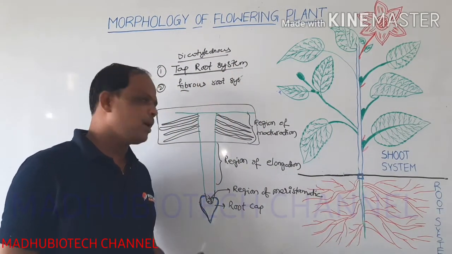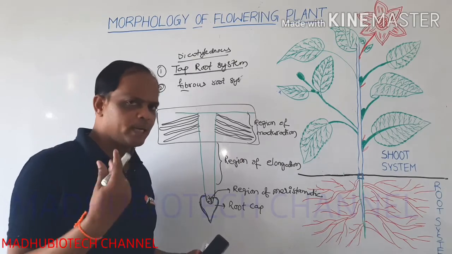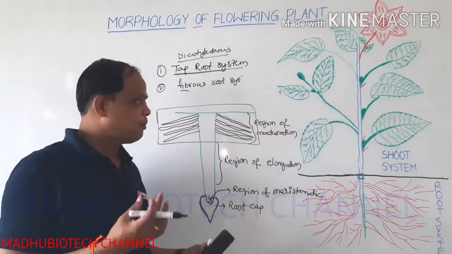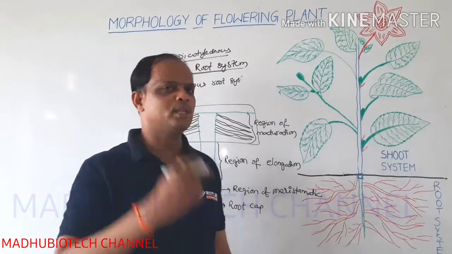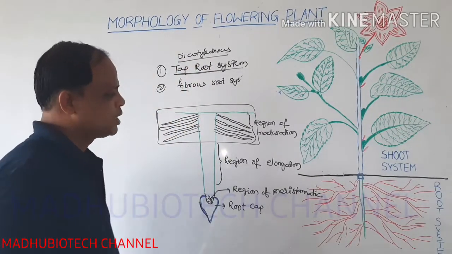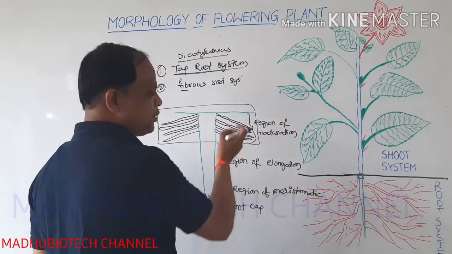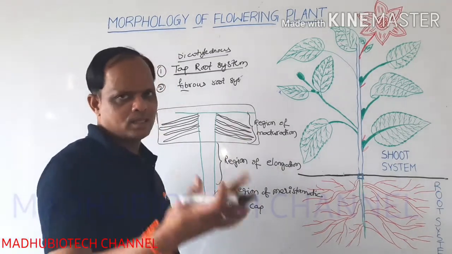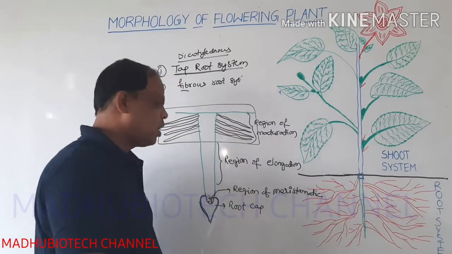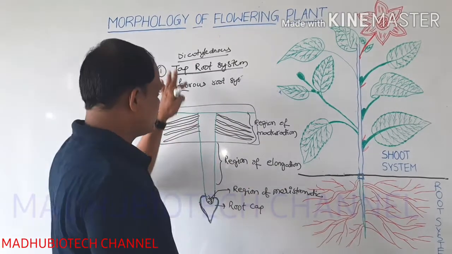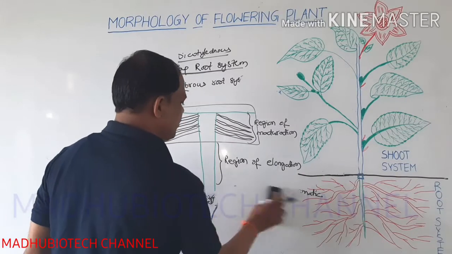And one more thing, some of the roots can be modified based on environmental conditions. So that is also called modifications. A number of types of modified roots are present, and in later classes we will discuss them in depth, but here these are the basic classes, right? So this is the root system.